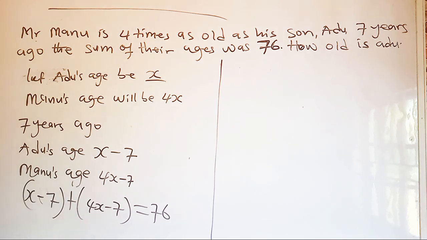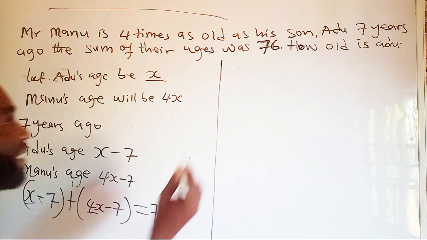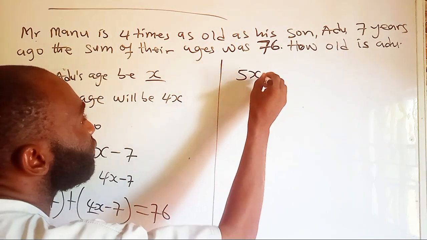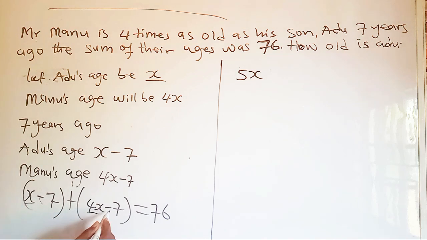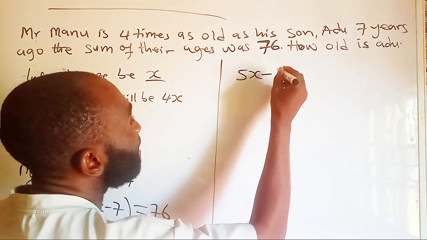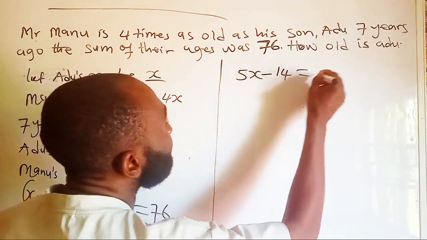That is, when you add up their ages back then, you're going to have 76. So now, from here, we know that we have x and we have 4x. When we collect them together, we have 5 of them, 5x. Then we have minus 7 and minus 7. When we collect them together, we have minus 14. That is equated to